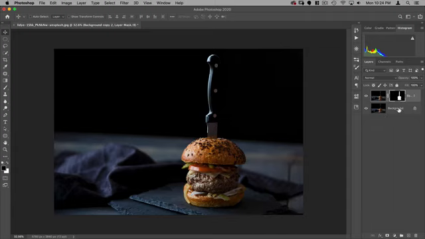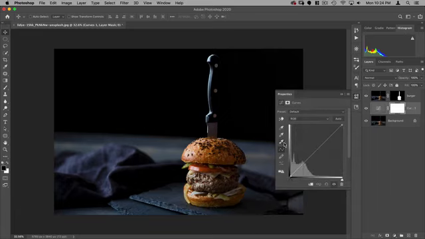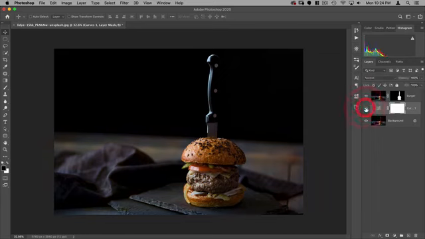All right. Now with that on its own layer, which we can call burger, I'm going to select the background, and I'm going to do, actually I'm going to add a curve first. I just want to push this more toward a warm color because I'm going to add some blue atmosphere here, and I want it to be a complementary kind of warm and cool. So let's add a curve, and to make this warmer I need to add yellow and red. So I'm going to go to blue. The opposite of blue is yellow. So if I pull this curve down, it's going to add some yellow. And then I can go to my red and just add a bit of red. And you can see that's making that background just a little warmer there.